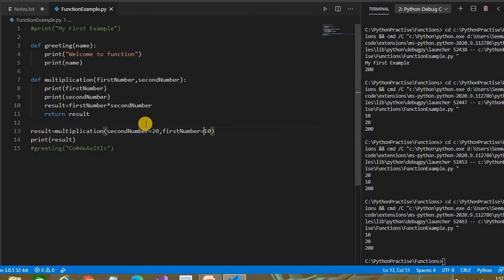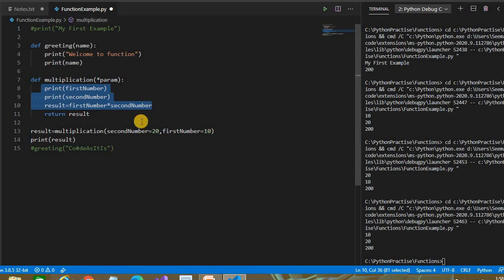Now let's say I don't know the numbers. It may multiply 10 numbers, it may multiply 20 numbers, it may multiply 30 numbers. How to deal with this? Here the number is fixed, just 2 numbers. But we don't know; it may be 10 numbers, it may be 2 numbers, it may be 5 numbers. How can that be dealt with? There is one way to do this: just pass a star, and you can pass any parameter or param. How to handle this?